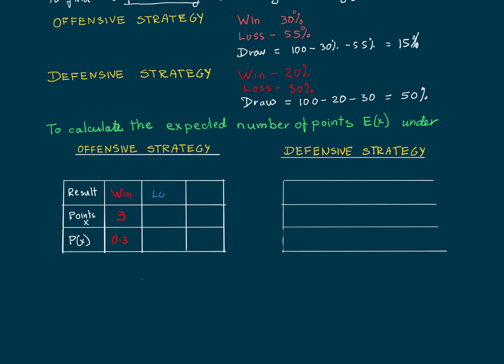So a loss gives us no points at all, and the probability of getting a loss is 0.55, and we take this from the above data. And now lastly, the draw gives us 1 point from above, and we're told that its probability is also 0.15. And in the same way, we could do the table for the defensive strategy with the result, the points,